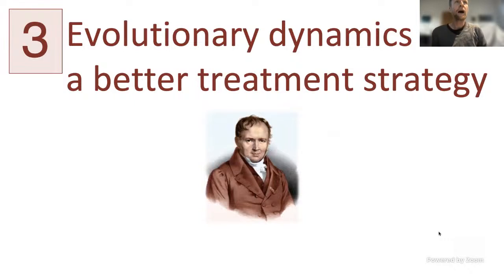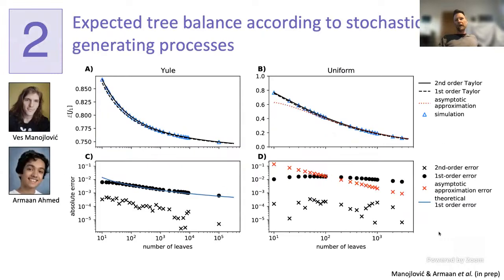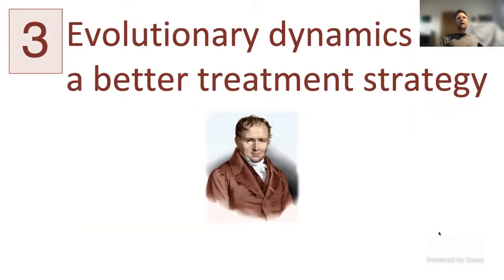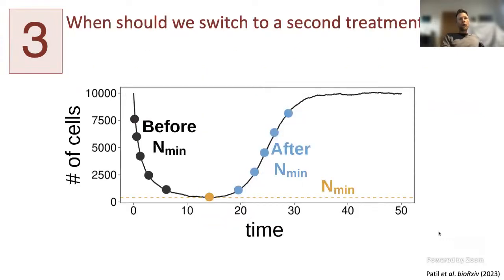So finally, relatively briefly, I'm going to talk about another project, which again is based on stochastic processes. The link to the previous one is that essentially the Yule process is this kind of stochastic process. The arrival of new branching points is Poisson distributed, so our null model is essentially derived from a Poisson process. What I'm going to talk about now is a model of treatment.